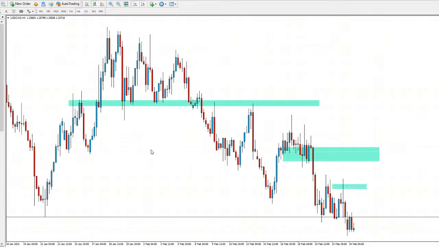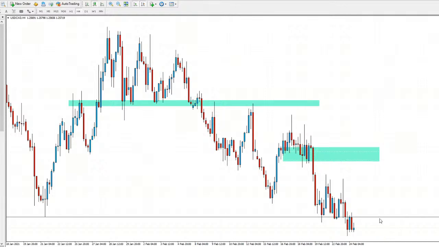So USDCAD overall, I still think it's on its way down and seeing some new lows, and a really nice retracement could be a nice place to look to take a pullback. So again, if you were to push into this level around here, that could be a nice area to go short, or this area up there could be a nice area to go short, because for me, my bias is still very much to the downside for USDCAD. I think we could be seeing a drop into 1.25. Currently we're trading around